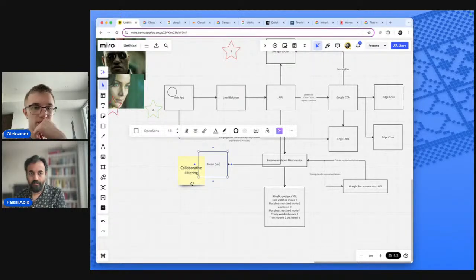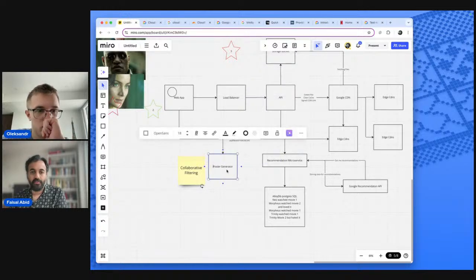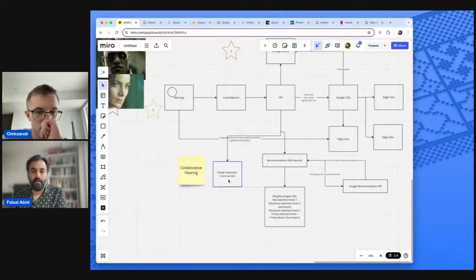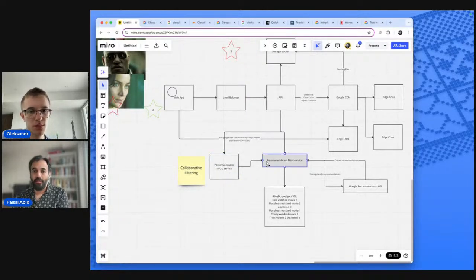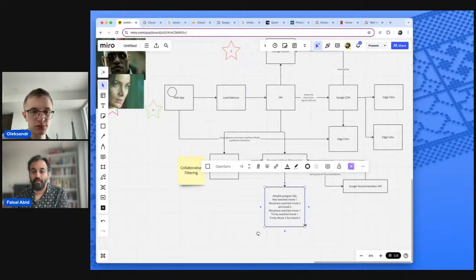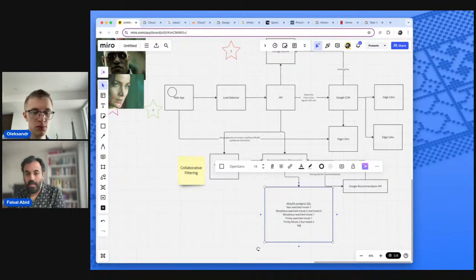And your poster generator microservice can tie into the recommendation microservice and see what movies Basil likes. So now we would have something a lot more detailed. We wouldn't just have watched movie, because that's not really telling us much about what poster to generate. But we have stuff like Basil likes gore, horror.